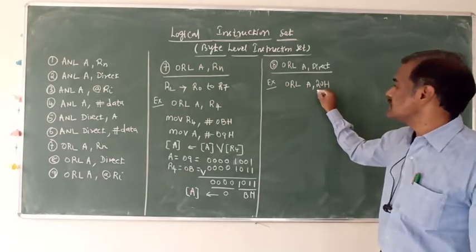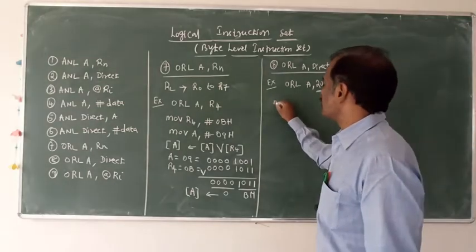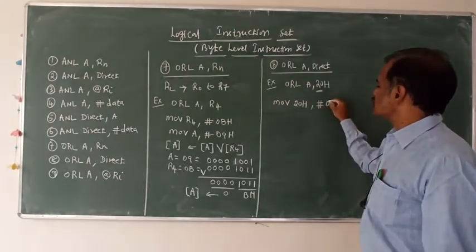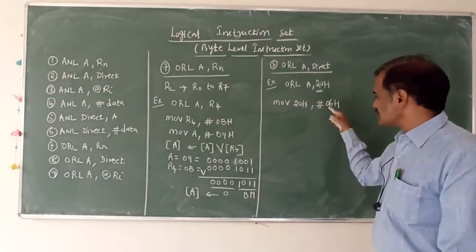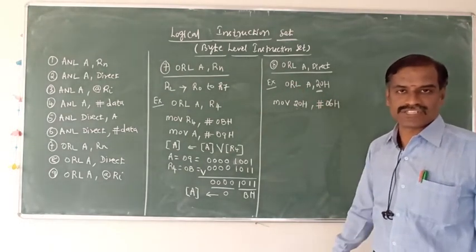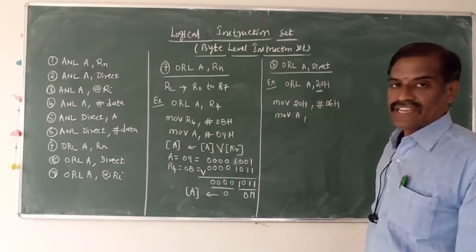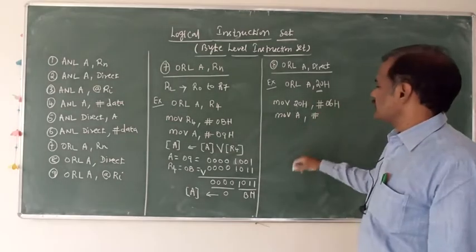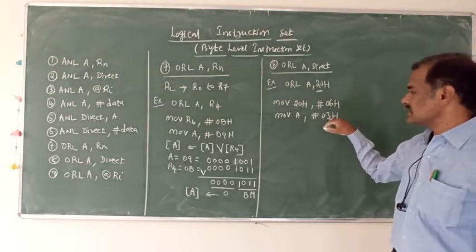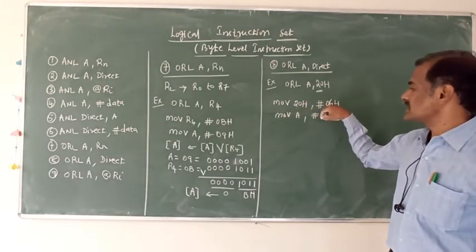First we have to initialize what the data is in this memory address location. For that, MOV 20H, #06H. The 06 data is immediately moved to the given 8-bit internal memory address location. Next, initialize the data in the A register: MOV A, #03H. In register A is 03, and in the internal direct memory address location the data is 06.